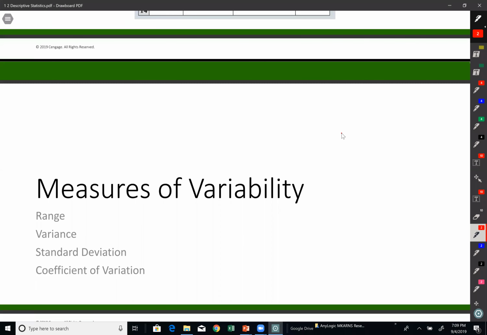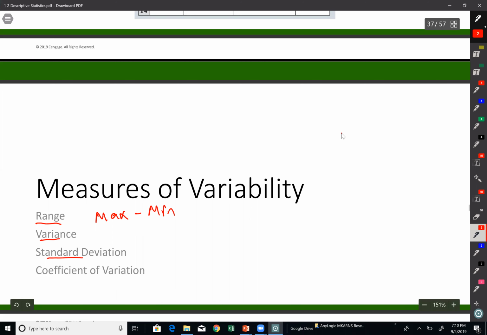In this video, I will talk about measures of variability. We can measure variability by range, which is you take the maximum of your data and subtract the minimum of your data, and that will give you the range. Variance and standard deviation is another